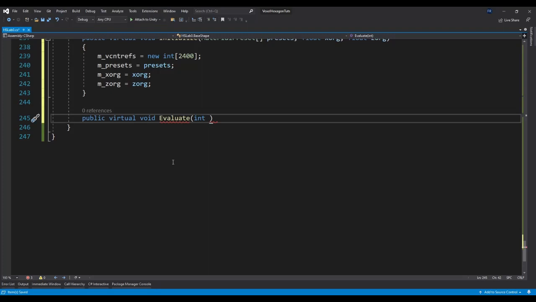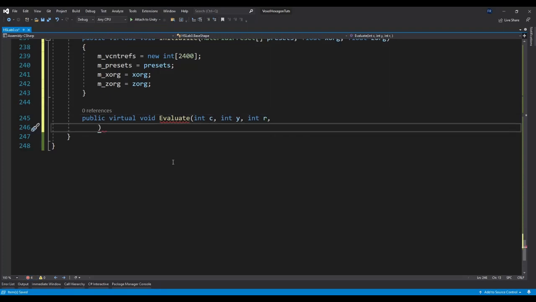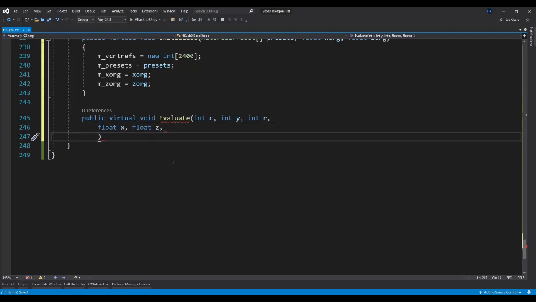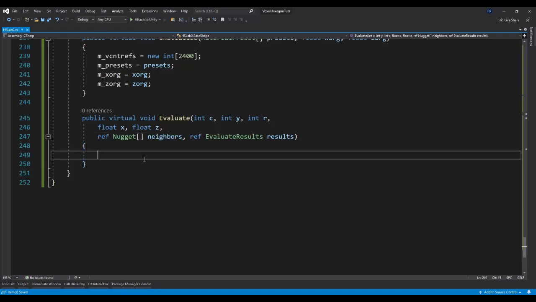Our evaluate will be called from our main code's evaluate. And we first of all tell it what the column, Y, and row of our nugget is. But we also need to tell it its X and its Z because hexagons are not square. So we need to give it some information of where everything is. We need an array of the neighbor nuggets. The first nugget in this array actually will be our nugget itself, the actual nugget we're evaluating. The rest will be the neighbors based on